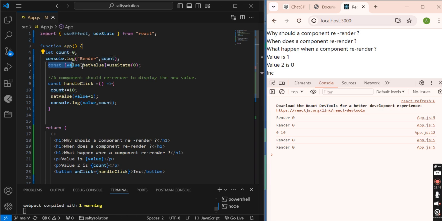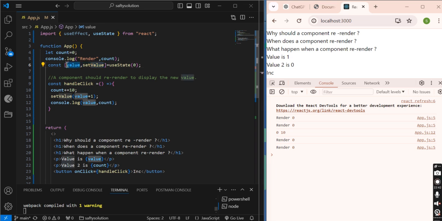But in the case of the setter, since this is a special variable which is defined using useState, its value will be remembered from the previous render, and in this re-render it will set the previous value plus 1.